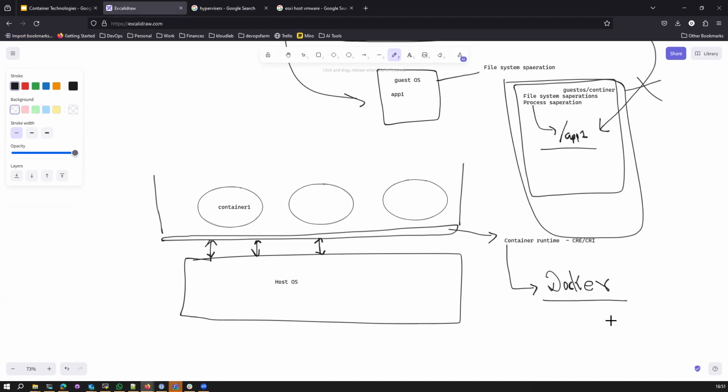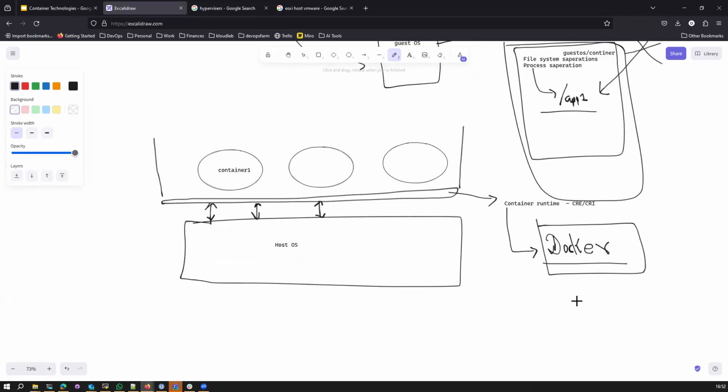Docker is a runtime that provides you the ability to manage containers. Containers run your application, and who runs your containers is Docker. Docker is a famous container runtime. There are other container runtimes like Podman, and another one is Containerd. These are the three major container runtimes available